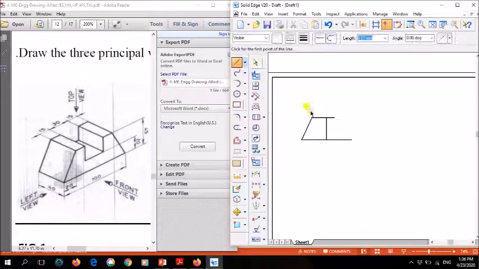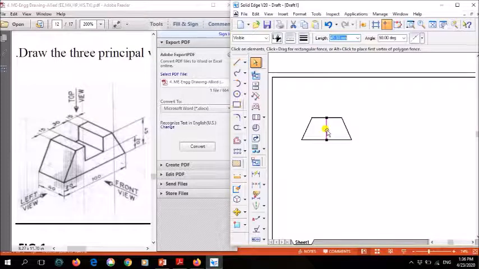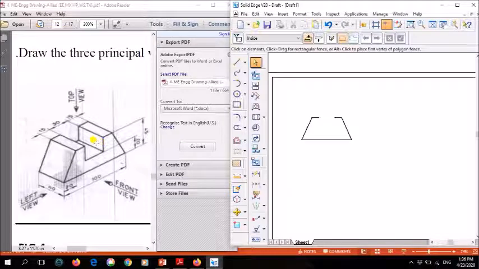Now same way again, from this end to this end, how much have they given here? It is 15 mm. So on the right side I'll take again 15 mm. Again from this to this end, you directly join using pencil. Now rub this line and the middle lines. Whatever lines we have drawn earlier from here to here and from here to here, you rub, because there is a cut here.